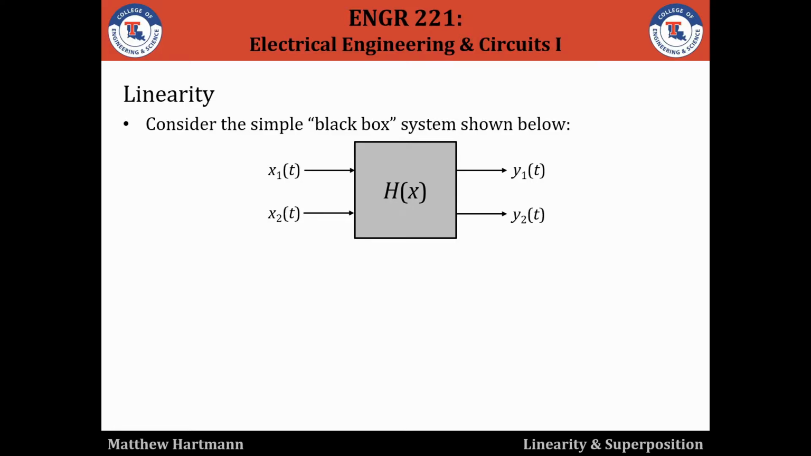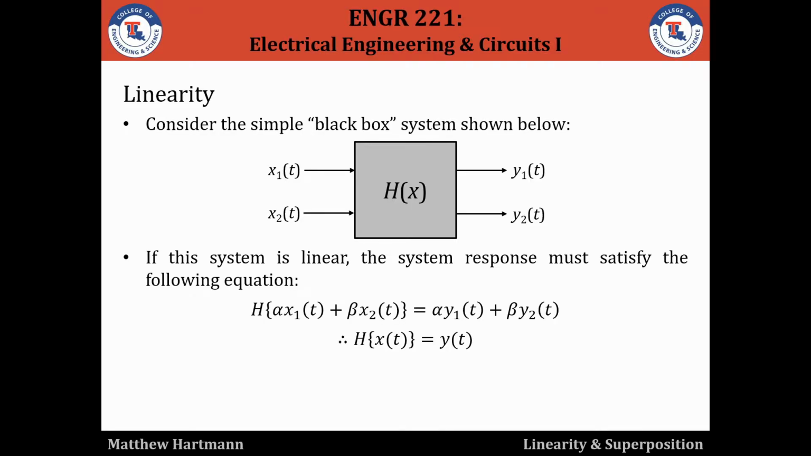First, let's consider the black box system shown on the screen. The box represents a system which acts on the inputs located on the left and produces the outputs located on the right. For example, the system acting on input x1 produces the output y1, and the system acting on input x2 produces the output y2. For the system to be linear, it must produce a very specific output which is given by the equation below. This equation may look complicated, but it can be boiled down to two distinct properties which must be satisfied: